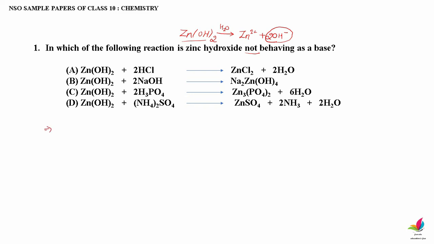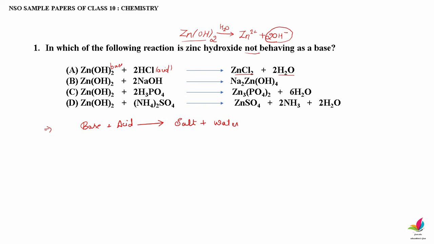So in the first case, you can see zinc hydroxide, which is a base, reacts with 2HCl. Now this HCl, that is hydrochloric acid, is an acid, correct? So now this is a base and this is an acid. So you know that base plus acid is an acid base reaction. So what are the products in case of an acid base reaction? An acid base reaction produces salt and water. As you can see here, zinc chloride is our salt, along with water.